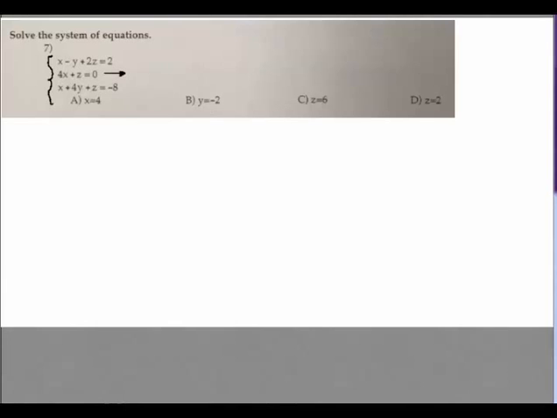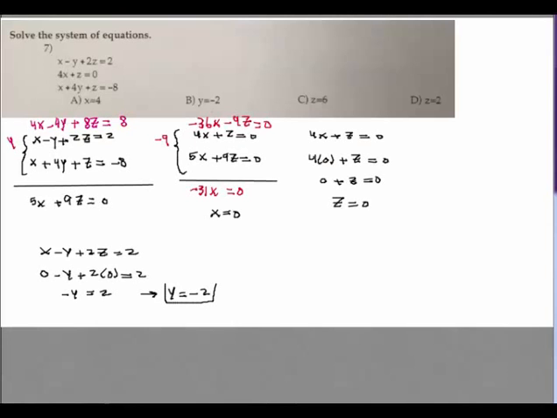What variable is missing in the middle one? Y, right? So what do I have to do with the first two then? I'll pick the first two equations, and then I'll try to eliminate Y. Does that make sense? So this is one way to do it. If I pick the first two equations like that, and then eliminate the Y, because Y is missing in the